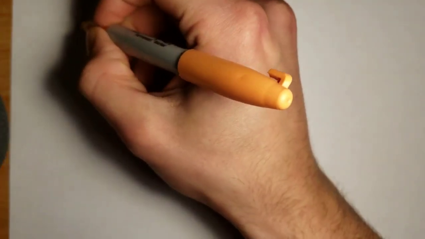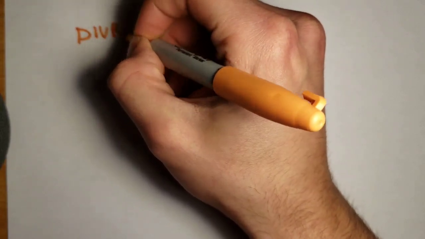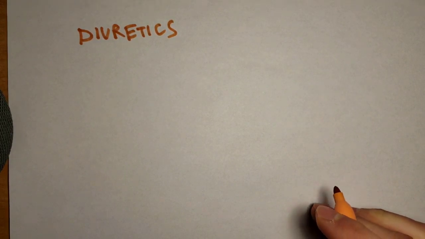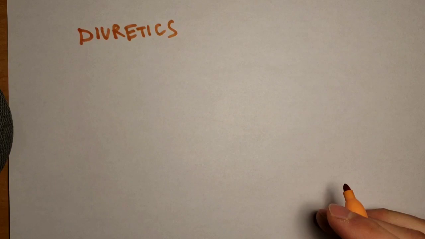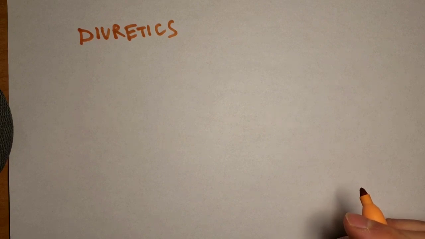Let's talk about the kidney. Let's talk about the nephron, and more specifically, let's talk about diuretics. These are drugs that are very commonly prescribed, and they are used to increase urine output. So they're used to increase the volume of urine that your body produces by filtering the urine out from your